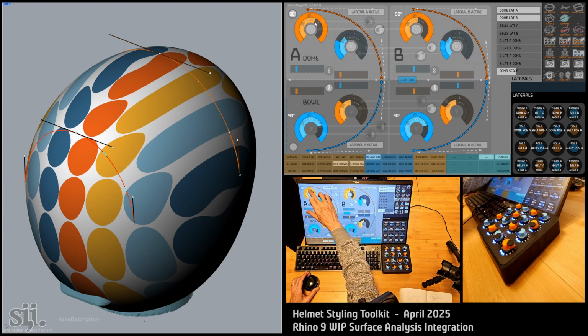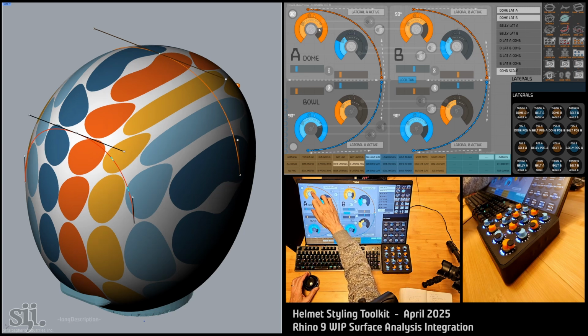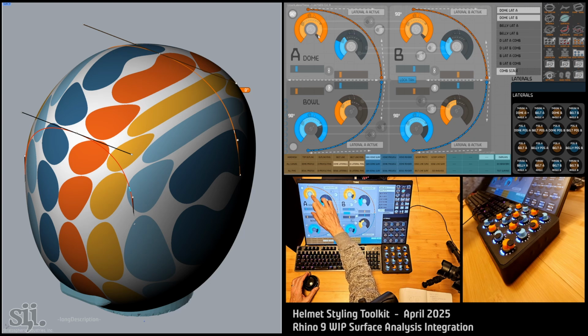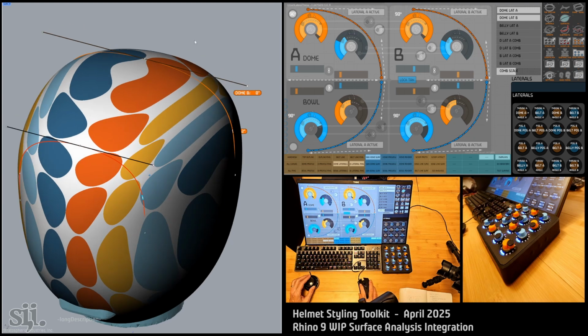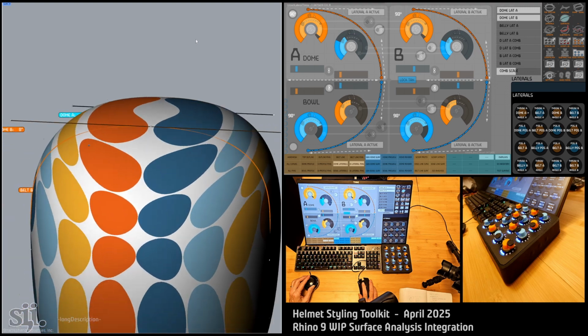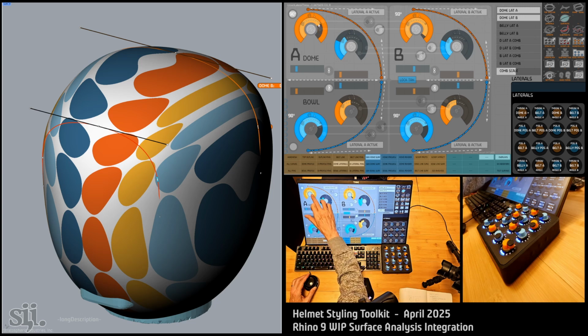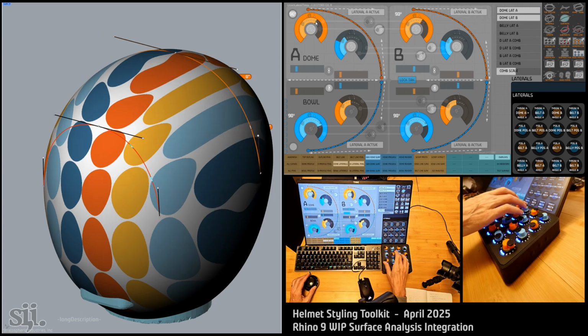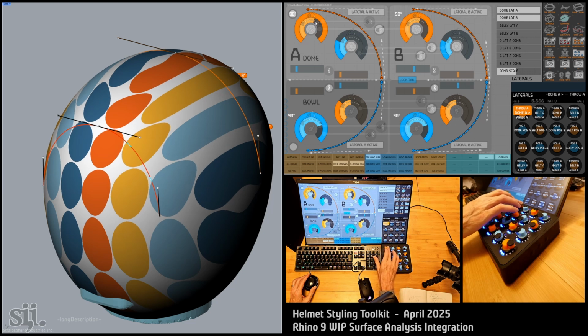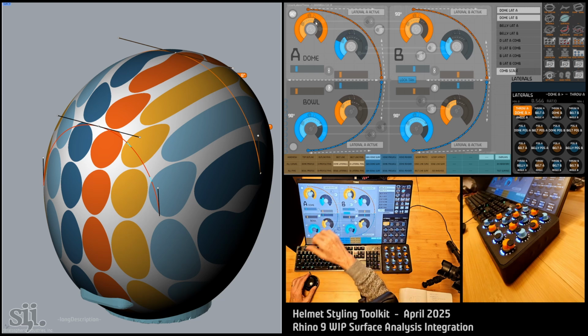We can make the top flatter by increasing the throw. And now we see the stretch, and the resulting stretch in those surfaces of the curvature. So quite a bit fatter, quite a bit uglier. So we're going to reel that back in. We can also, of course, with this fine dial adjustment, make very microscopic adjustments in the surface. These two are tied together again with the lock button. The angles are locked at 90 degrees for now, 90 degrees across the top of the helmet. And that keeps everything nice and